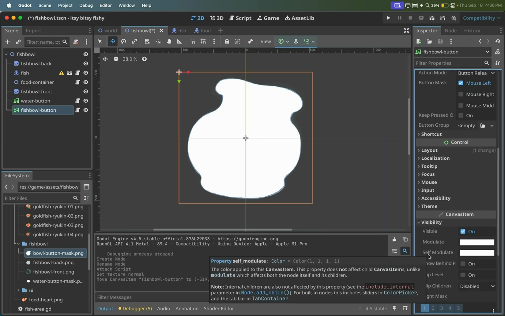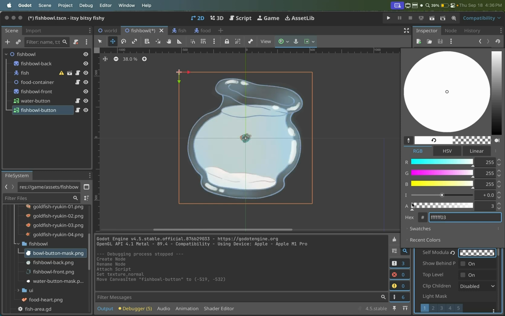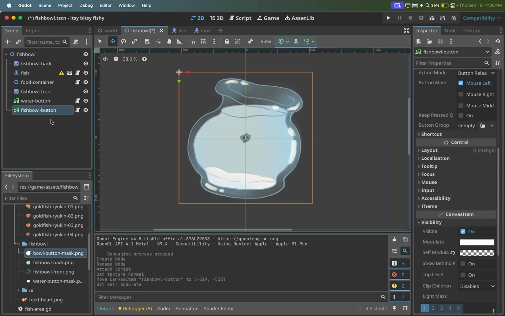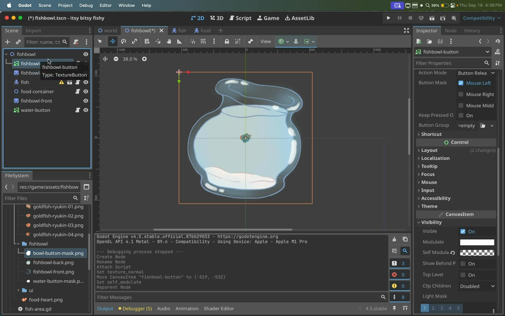invisible, self-modulate, bring the alpha down to 0. And then remember we talked about the layer visibility order. Sometimes a node can block the mouse input of another node. So we want the fishbowl button to be all the way at the back of this scene, and then we'll